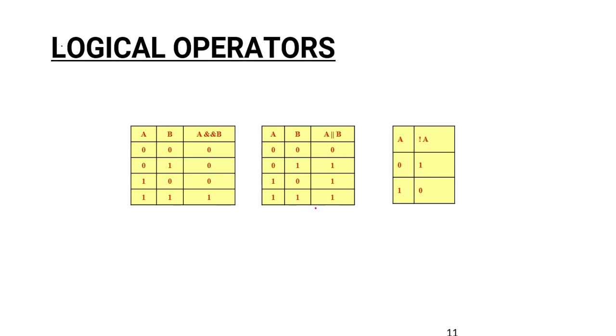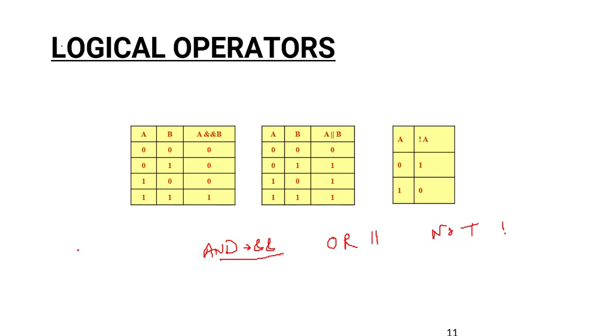The first one is called logical AND, and logical AND is indicated by 2 times ampersand sign, right? Similarly, you have a logical OR, and logical OR is indicated by 2 pipes like this. This is on your keyboard. And the third one is logical NOT, which is indicated by an exclamation sign. Now what is the importance of this logical AND operator, and what is the meaning?